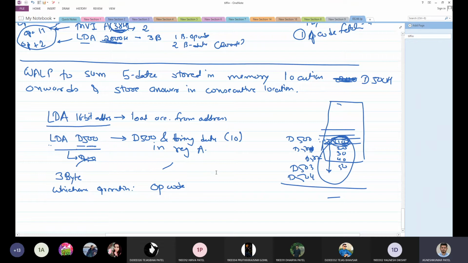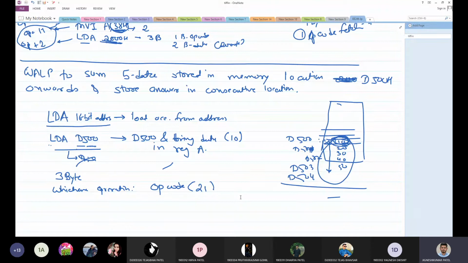21 is the opcode. Let us see. First, it will read 21. Then, next, I need next answers. Okay, before answering this question, you must understand how and where this instruction will be stored.